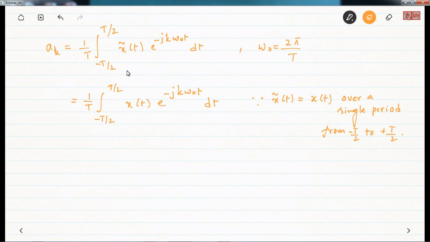So you can also see this from the diagram. x tilde of t is exactly equivalent to x of t over the period minus T by 2 to plus T by 2. Now a further modification is,